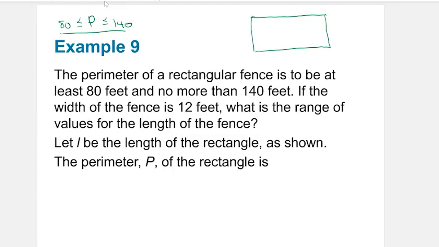If the width of the fence is 12 feet, and I'll call this length and I'll call this width, so width is equal to 12 feet. What is the range of values for the length of the fence? I think this would be L, even though it looks like an I. So let L be the length of the rectangle as shown. The perimeter P of the rectangle is. So we're going to first figure out,